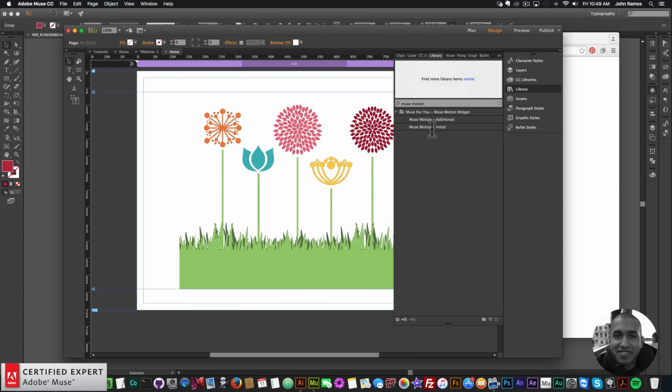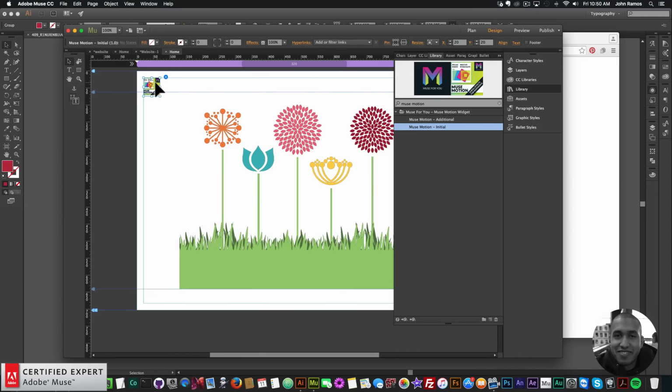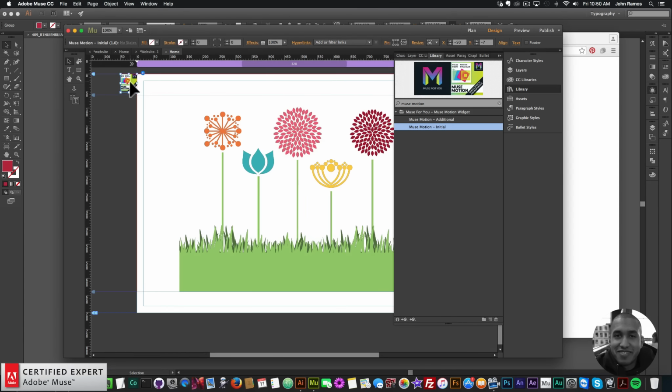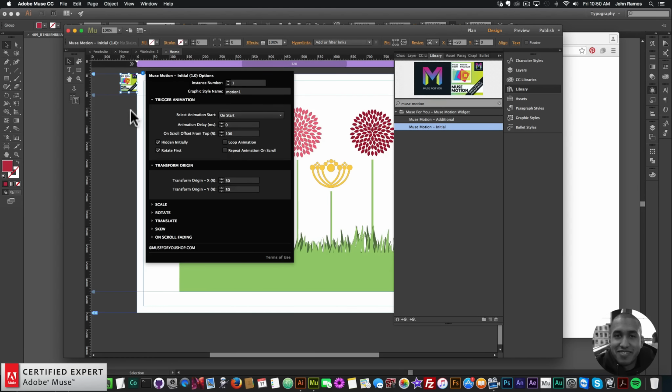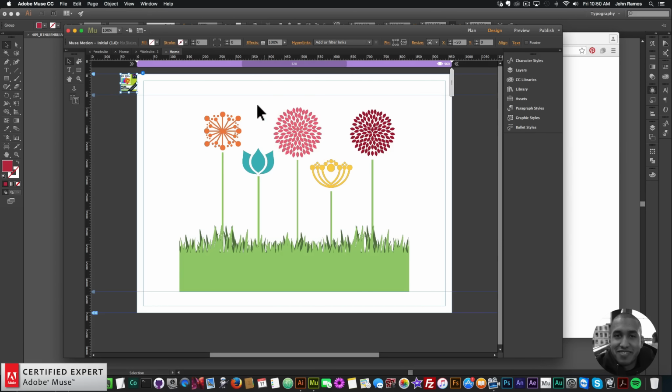For the first Muse Motion, we want to select the Muse Motion initial. So I'll click, hold, and drag and place onto my Adobe Muse website. And here I have the first Muse Motion, and I'll just place it up here in the left. And then I'll click on the drop down. And actually, before we bring in the Muse Motion, we can leave this here, but before we animate any of